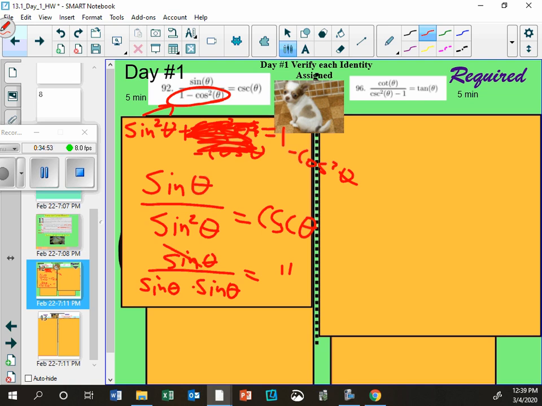And what do you replace things with when you cancel them? You replace them with 1s. And now I'm left with 1 over sine. Ooh, and I know what that is. What's 1 over sine? Cosecant. Equals, and look at that. Now I bring it down. On the last one, you can't have ditto marks. This needs to be identical to that. There we go. Cosecant equals cosecant. I proved it. That's the first one.